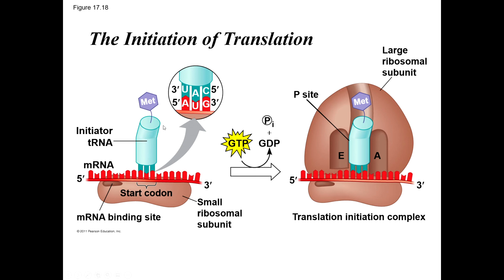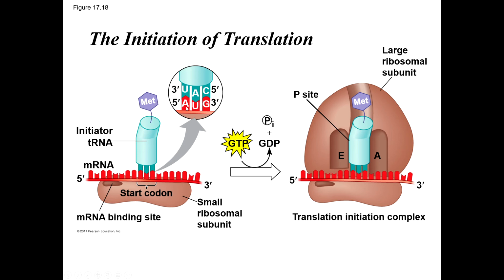And then the anticodon is going to be complementary. A with U, U with A, G with C. Remember, no T's in any of these because whether it's a codon or an anticodon, it is RNA. So there are no T's in RNA, only in DNA. And so there's your parking decal, and it knows where to park, so it's going to be parking on that P site. It's going to be bringing up the amino acid methionine,